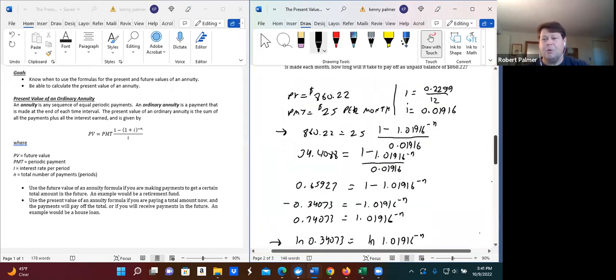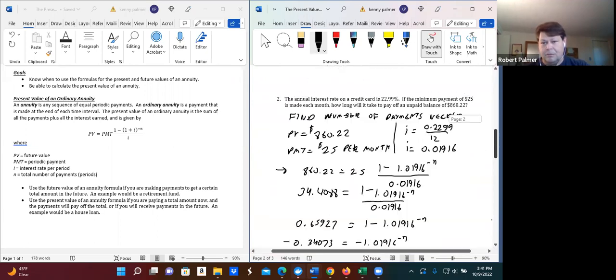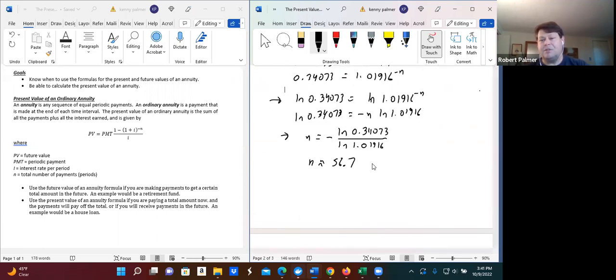So remember, we're paying this off monthly. How much we're going to pay each month. That means this is going to be over 56.7 months. And if you just divide that by 12, that's also approximately 4.75 years. Okay, if you just pay the minimum payment, because also what you're paying off is not only the payment